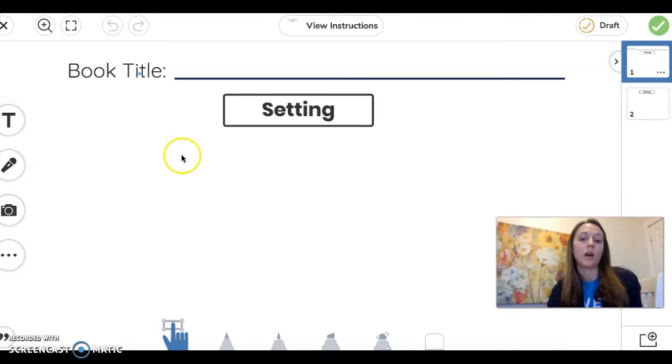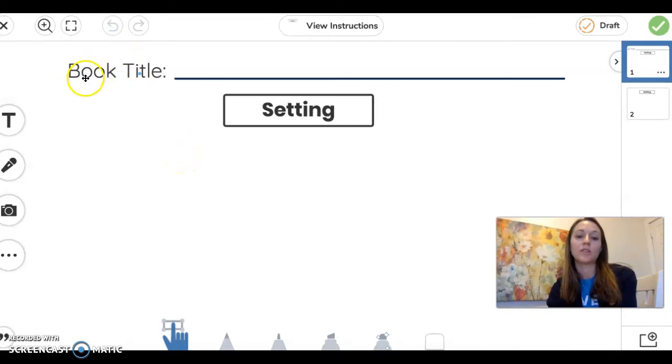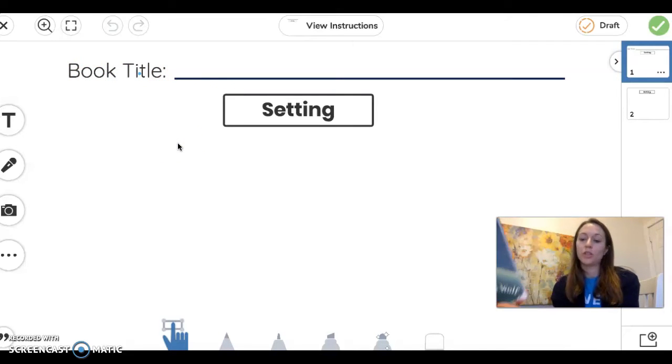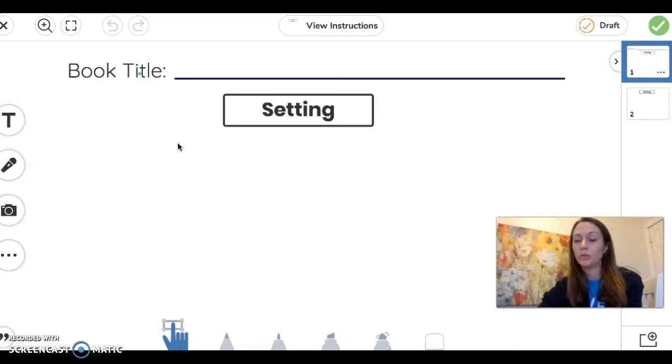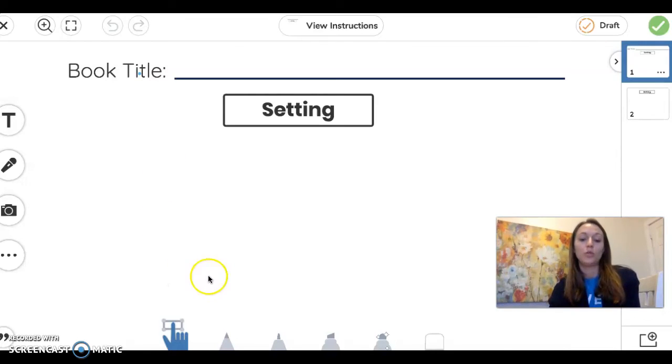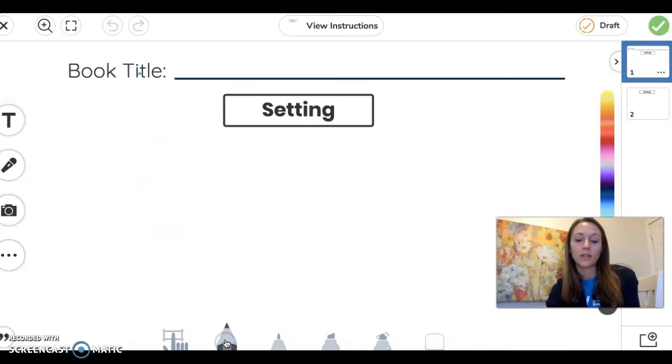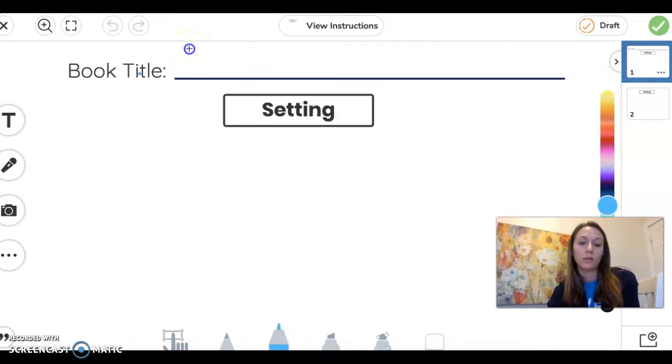So on this assignment, it asks for your book title. This is not your name, book title. So the title of the book was The Dog Who Cried Wolf. All right, so you can do this 2 different ways. You could use the drawing tool like this, or there's a pen tool, and you can spell it out using your finger,